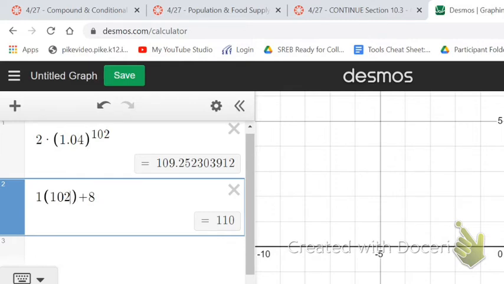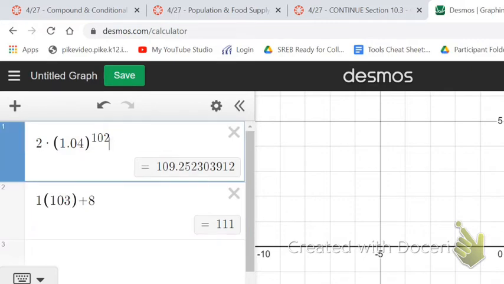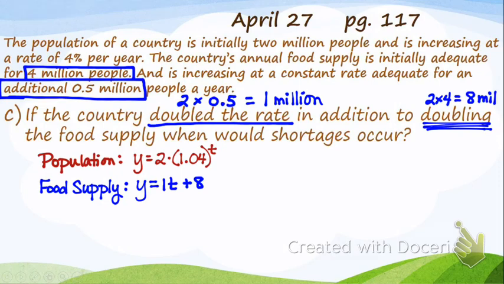What are you noticing though? It's getting kind of tight. It's the closest. I did 105. I think they're done. She's doing 103 though. So in between 102 and 103 is probably about when that's going to happen. 103 years, they're done. So about 102 to 103 years.